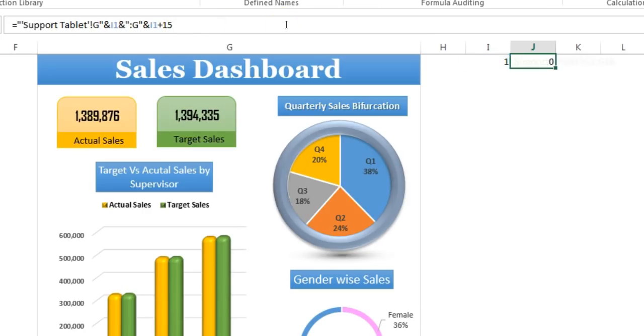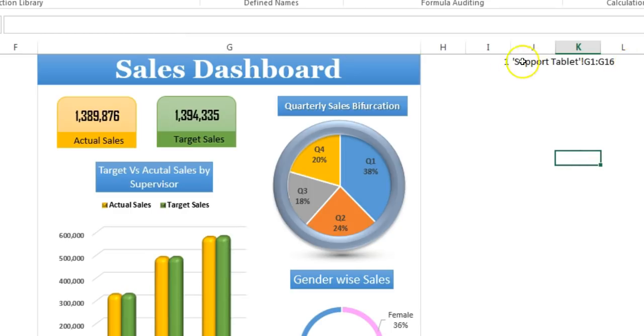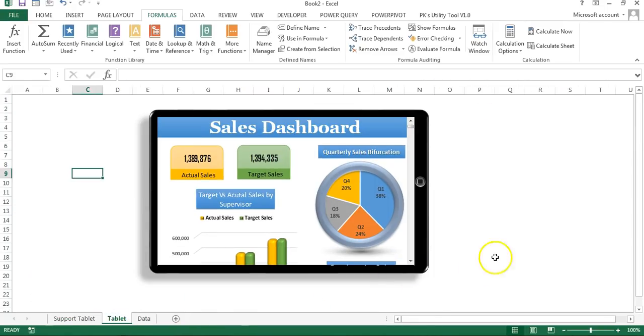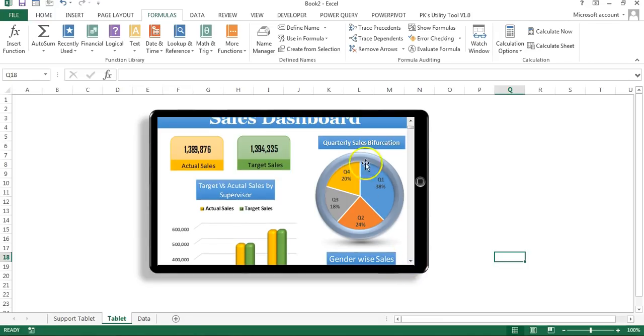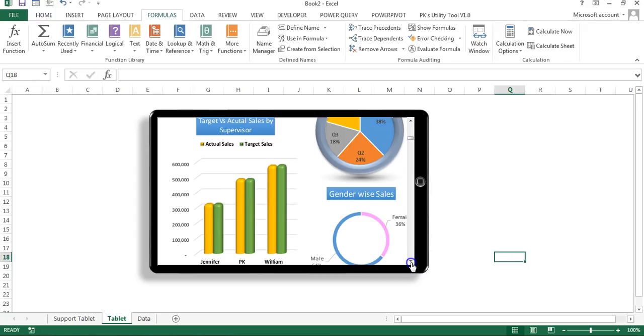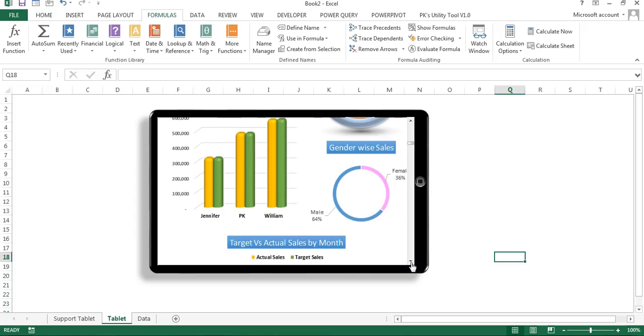Correct. So if I press enter, it will show the same value, but it depends on this I1 now. If I put here 2, then this value will be changed. You can see it is G2 to G17. If I put here 1, then again G1 to G16, and this value will change on the scroll bar change. So I'll show you in the scroll bar. If I click here, then that value will be changed and the image will be changed also, because it is changing dynamically now. Alright friends, so that is how you can connect the shape with the scroll bar.